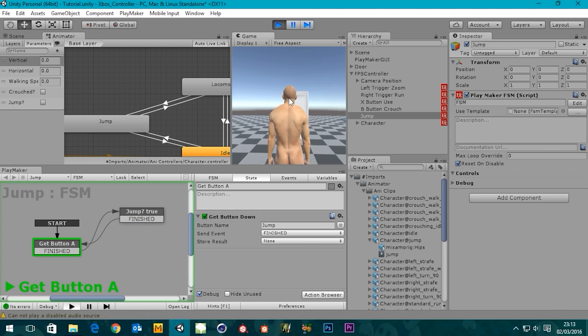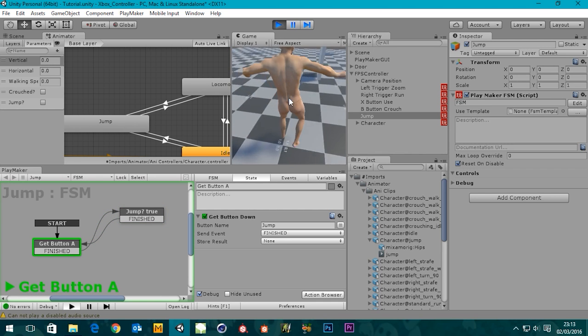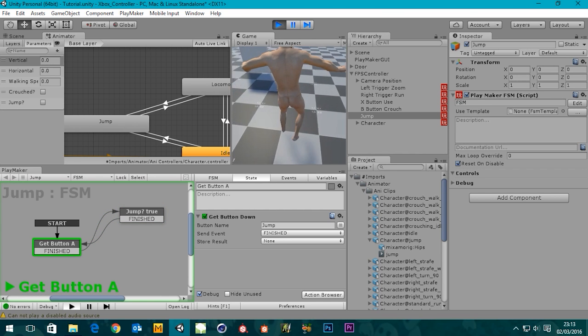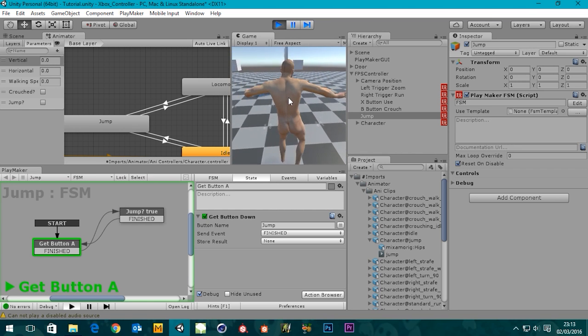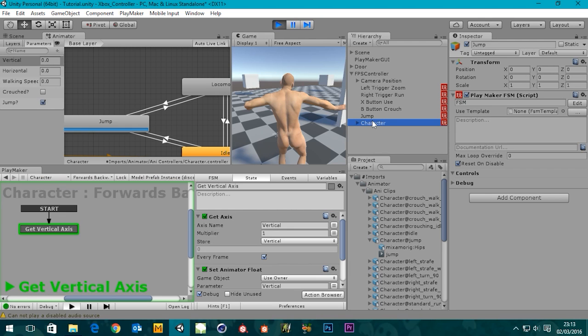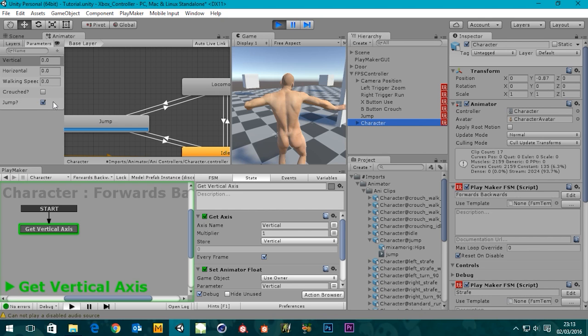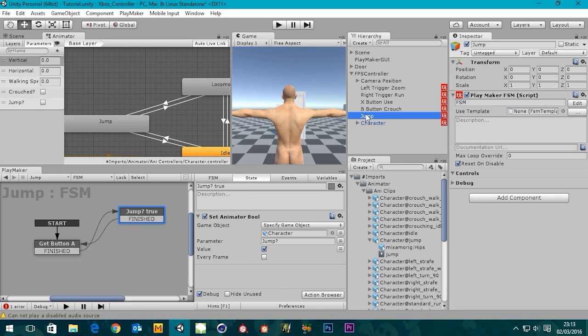Okay, so it's listening for a button. Press that and he does jump. But oh no, he hasn't transitioned back to his idle or locomotive state. And that's because we need to set that jump value. In fact, if I click the character now, you can see this jump set to true. And we need to set it back to false. So let's go into our jump FSM